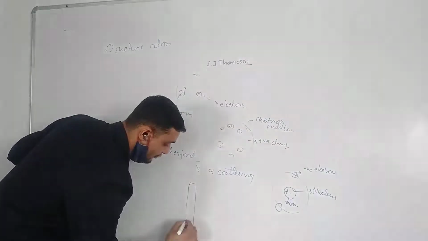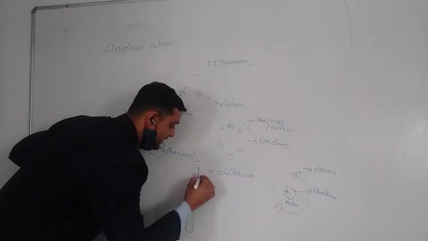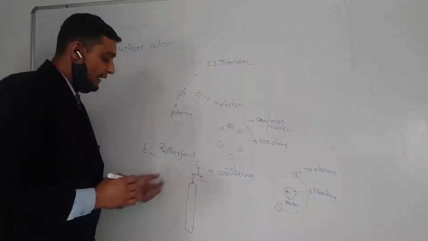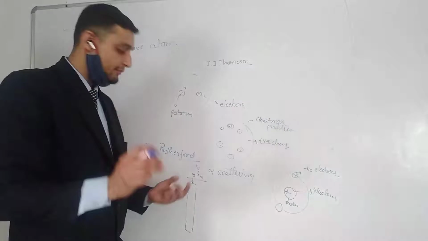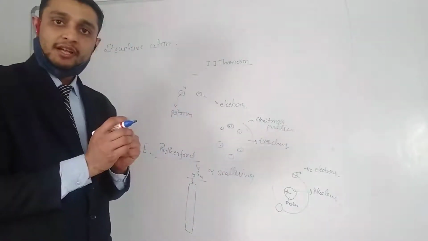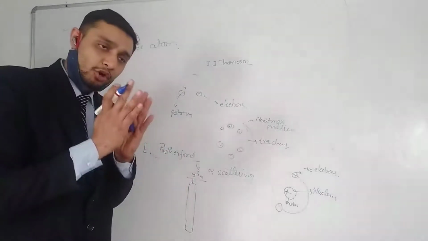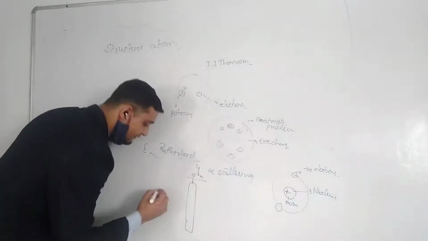For example, this is a gold foil. The thickness of gold foil was around 10 to the power minus 8 meter. Okay. Why have we used gold foil? The basic reason behind using a gold foil is because gold is the most malleable substance. Okay, most malleable means it can be drawn into thin sheets. So thinnest sheet हम किससे बना सकते हैं? Gold sheet. And what did he do?